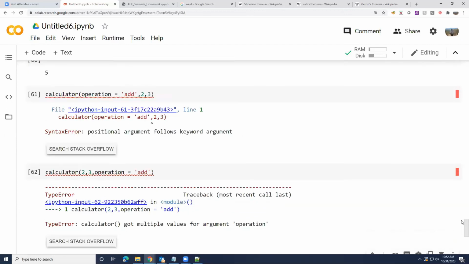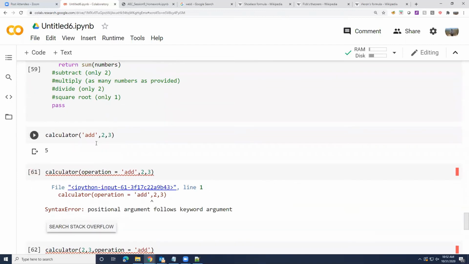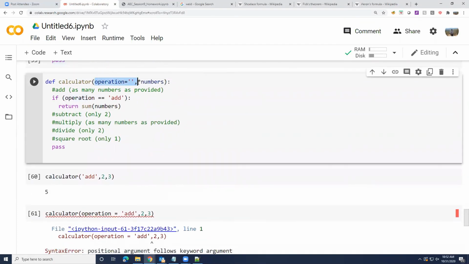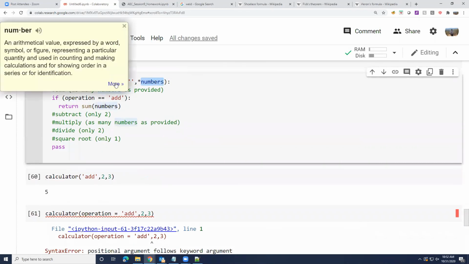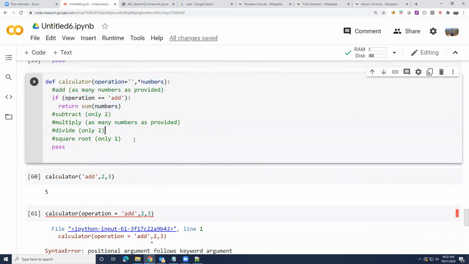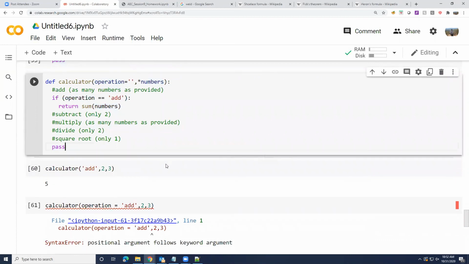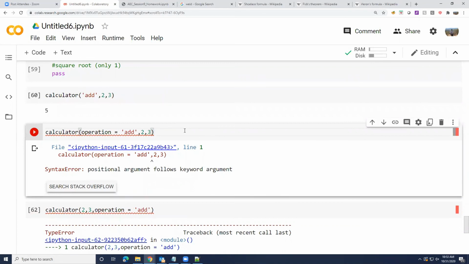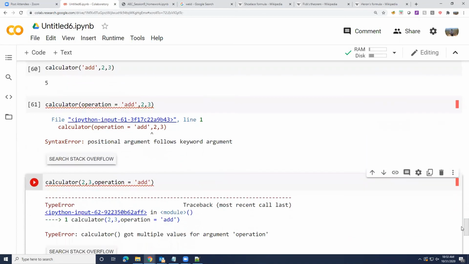So mixing variable number of arguments with positional arguments, if you do it this way, can lead to the Python interpreter getting confused. At least it looks like it is complaining about some errors, right?